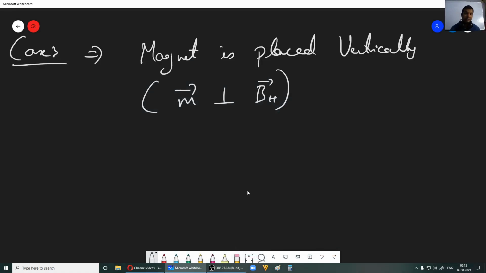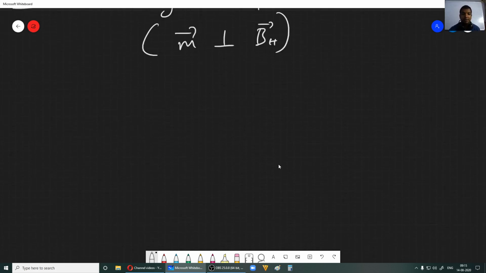Now let us see the next case. Okay, this is an interesting case, the third one. Here we will be getting the neutral point or neutral points if the magnet is placed vertically, okay? Vertically means you have a table, right? Now we know that the horizontal component of Earth's magnetic field will be horizontal to the table, it will be parallel to the plane of the table. Now on that you are keeping a magnet vertically, okay? So the situation, the diagram you can draw like this.